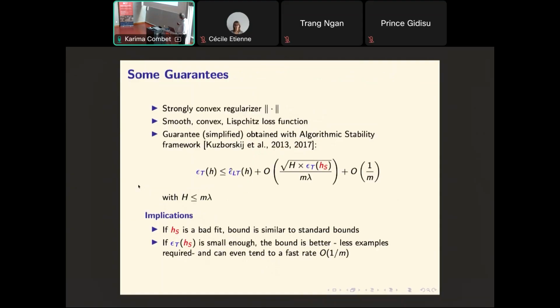So said differently, if the source model is not too bad on the target task, then without too much data, you are able to control the error that you will make on the target task just by reusing the source model. If you have a source model that is not too far from the expected target model, you can expect to adapt it, even if you do not have much data. That's the message. Okay, and the justification depends on the size of the models and the relatedness between the tasks.